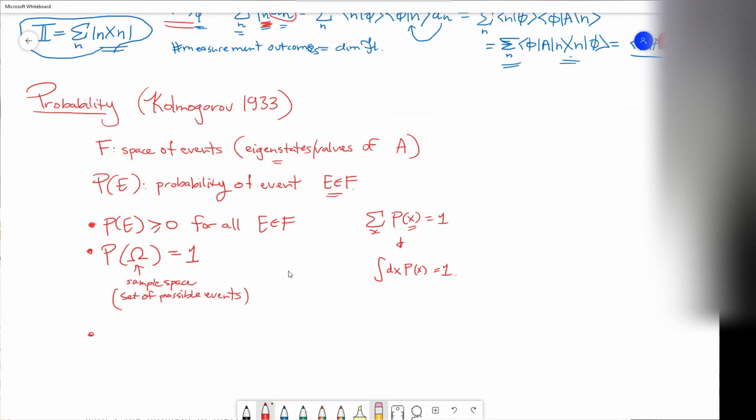And then the other thing is that if you have the probability of a union of events, say you have different possible events, and you ask what's the probability that either 1, 2, or 3, and so on happened, and as long as these are disjoint, meaning only one of them can happen, you can't have both happening simultaneously, then this is just going to be the sum, up to however many events, of the probabilities of the individual events.